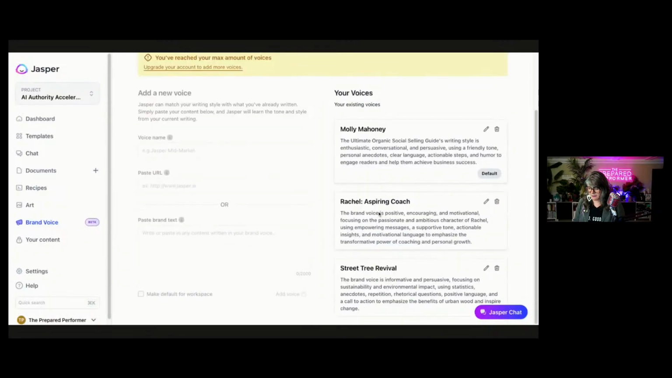Okay, let's see what it gave us here. The brand voice is informative and persuasive, focusing on sustainability and environmental impact using statistics. Perfect. Okay, this is what I want. Amazing. It brought me back to the same thing. Great. So now the question becomes, I guess I could have asked it to revert it to what it was. I'm not sure. Natalie, you always have such great ideas. I don't know. But what we're going to do now is